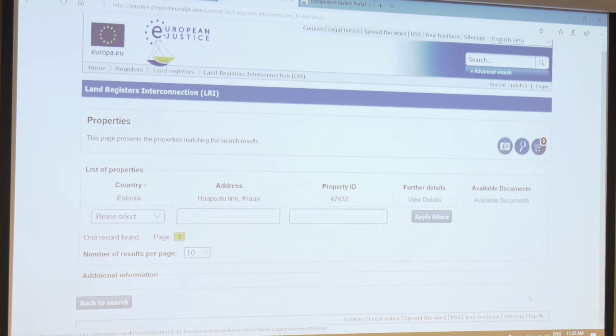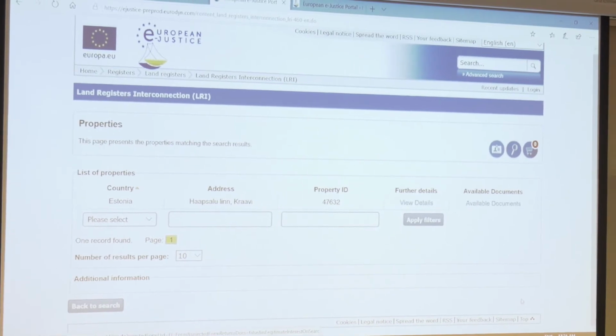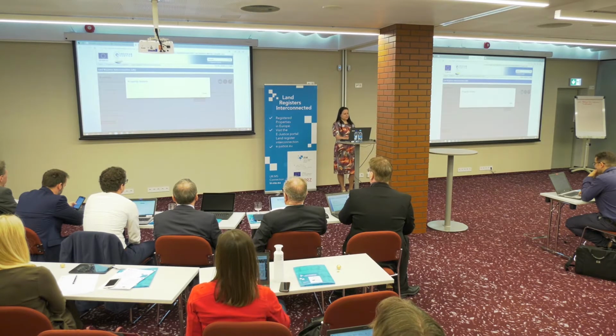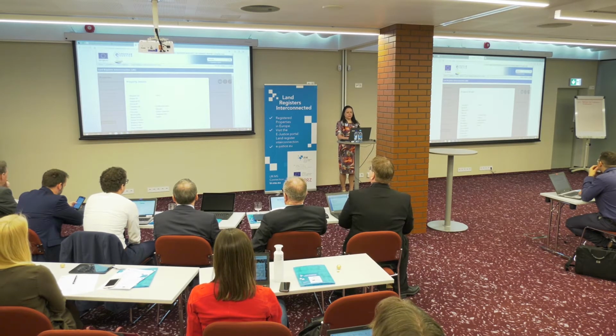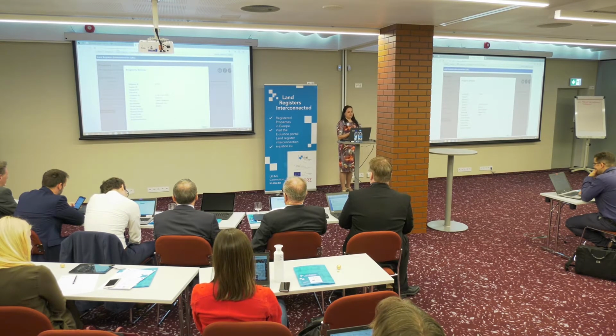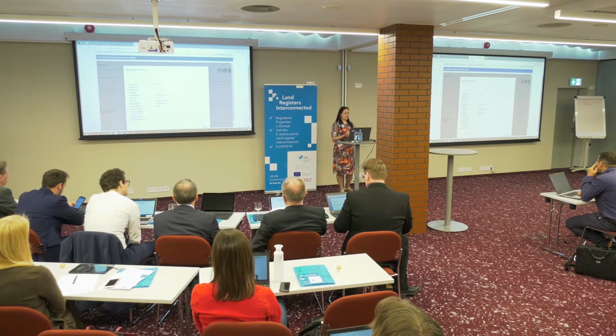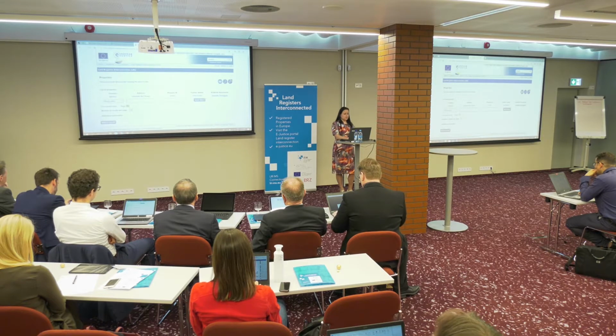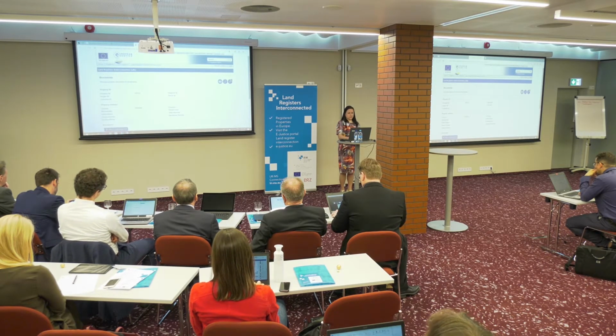Let's see. There you go. Jaak-Kristjan Jõeorg has one property in Estonia. Very nice. You can see also the details here. The choice of details which is provided, unfortunately, is not modified, or it's not possible to add anything here. So we had to use the existing fields and show what kind of information we had. Then also it's possible to search for documents which are available, which are linked to this property.